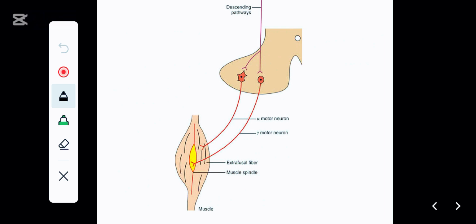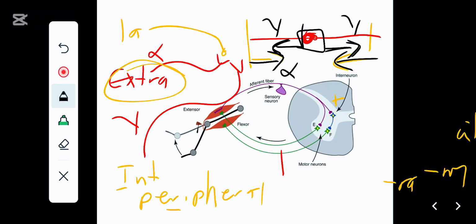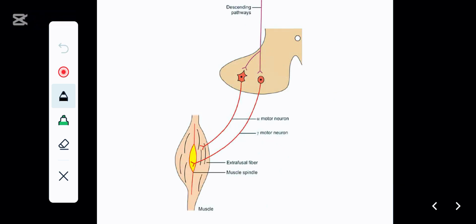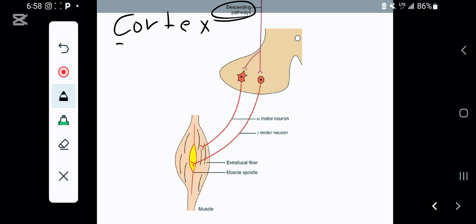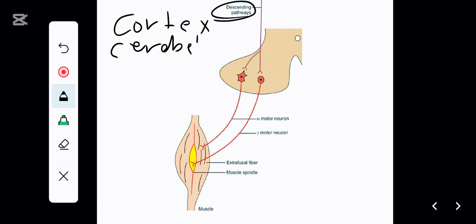Now this happens even from our initial setting, this one here, where you have something stretching your muscle, and then this whole thing is activated, because we're seeing that this 1A is activating both the alpha and the gamma. So that can also be called alpha gamma co-activation. But another source of alpha gamma co-activation are descending fibers coming from your brain. Specifically, they come from 4 regions in the brain. So they'll come from the cortex, they'll come from the cerebellum,